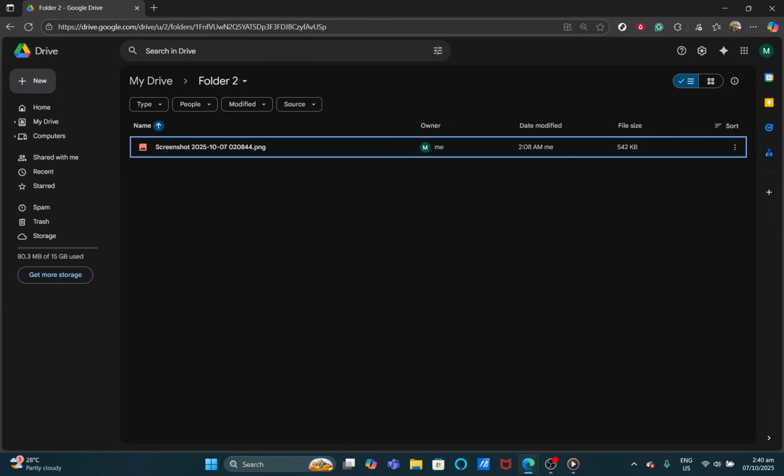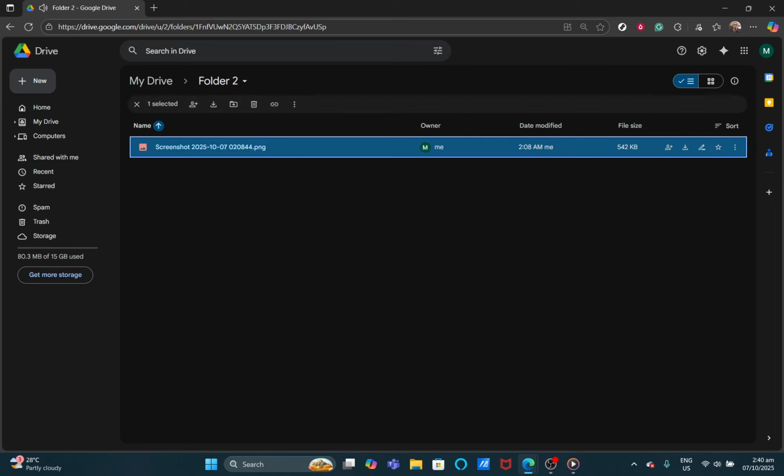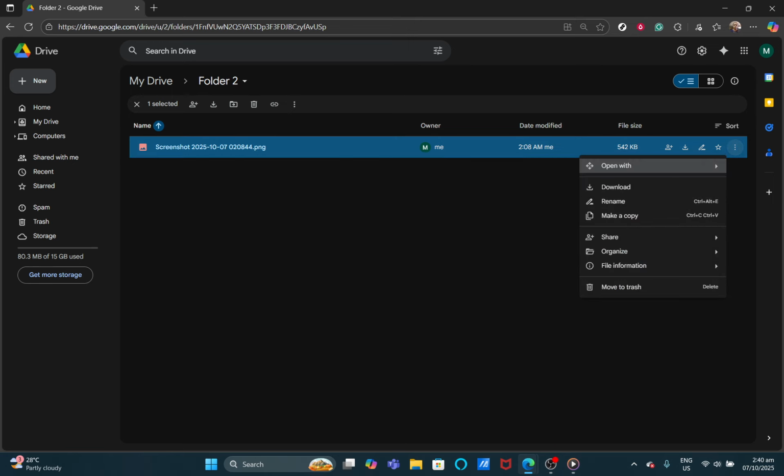In today's video, I'm going to teach you how to convert an image to a PDF file using Google Drive. This process is straightforward and very convenient when you need to organize your images into PDF documents. Let's dive right in. First, you need to open Google Drive and select the image you want to convert into